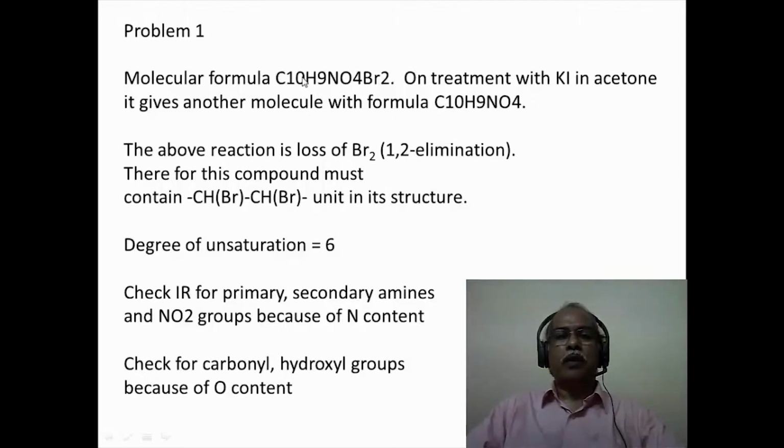Now from the molecular formula of the original compound, namely C10H9NO4Br2, the degree of unsaturation is calculated as 6. This is important information because towards the end we can check whether the structure that we obtain satisfies this criterion also. Now this molecule has nitrogen, so one should check for primary and secondary amines. You can also check for nitro groups because of the nitrogen content. Because of the oxygen content, one should also check for the carbonyl and hydroxy groups because of the presence of oxygen in the molecular formula. So if the molecule contains any of these functional groups, it will get revealed in the infrared